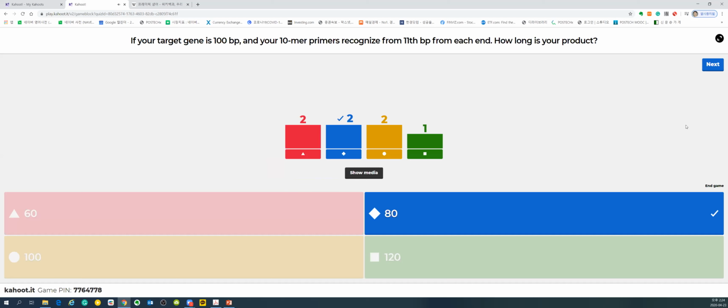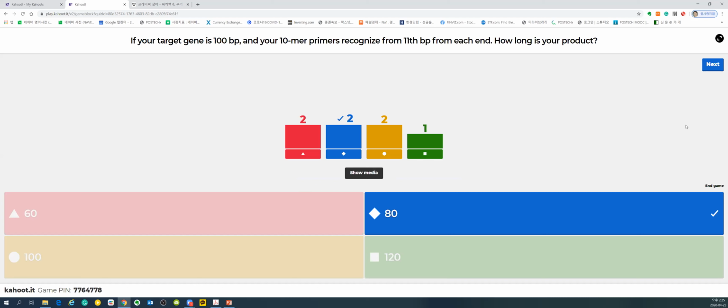Okay, very interesting. Many different opinions here. Okay, the template of a DNA can be any size. From a long DNA, you decide the starting point and end point by primer design. Then the primer should be a specific sequence for the starting point and end point. Now, the total length of the target was 100 base pairs. And then the primer starts to recognize it from 11. That means they give up the first 10, correct? And then the other end also gives up the first 10.